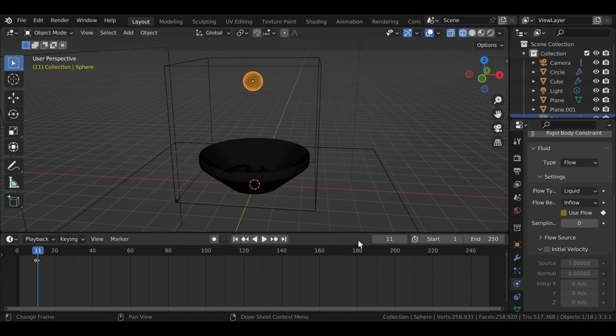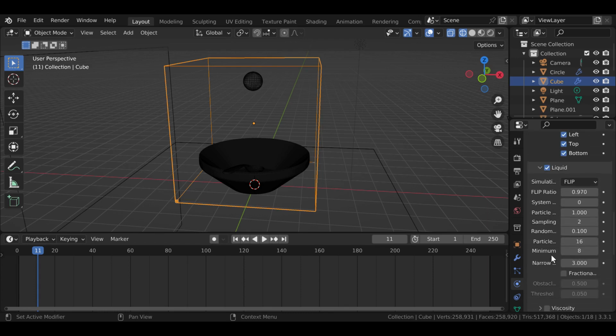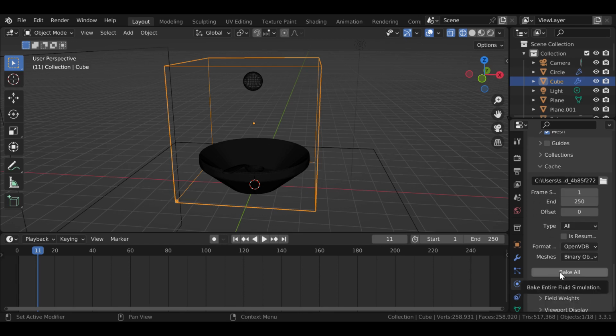So I recommend what you do is you first bake it first, see what frame your bowl gets full at, and then whatever frame that is, you might want to keyframe it like I just did here, and then bake it again. I'm just going to use frame 10 here just as an instance. Once you're happy with what frames you've keyframed, just go here and you'll press bake, and then this will take a while, but once it's done you should have a fluid simulation,